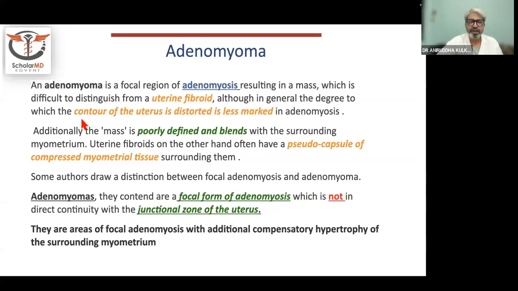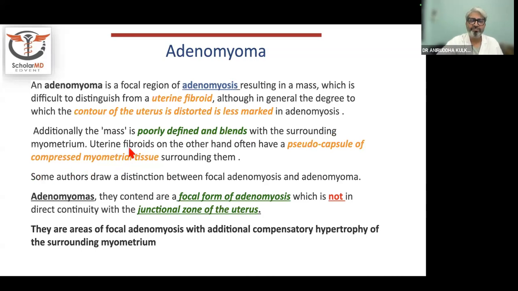In case of a uterine fibroid, the contour of the uterus is typically distorted, taking into consideration the myometrial or serosal outline, or the type 4, 5, 6 of FIGO variants of uterine fibroids. Additionally, the mass, or so-called adenomyoma, is poorly defined and blends. We need to understand that there is a surrounding myometrium which is forming a pseudocapsule of compressed myometrium in case of